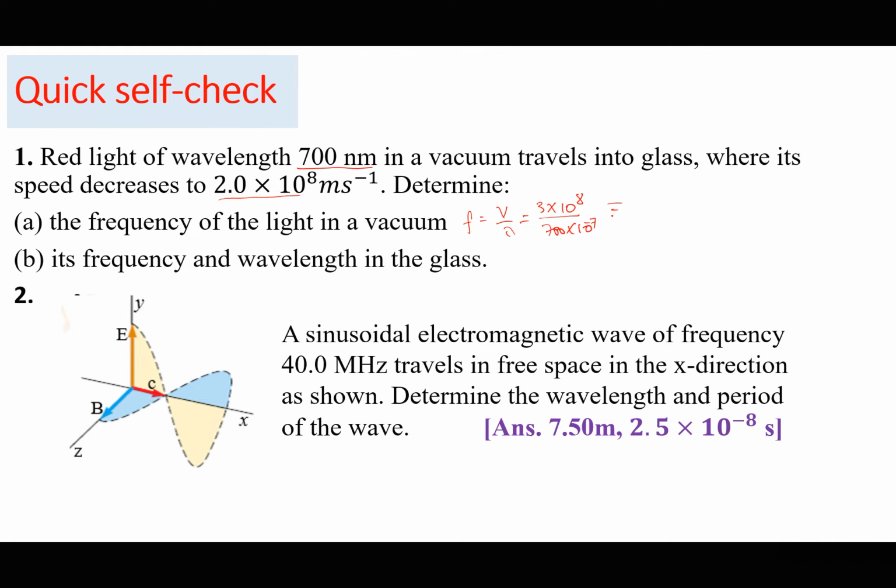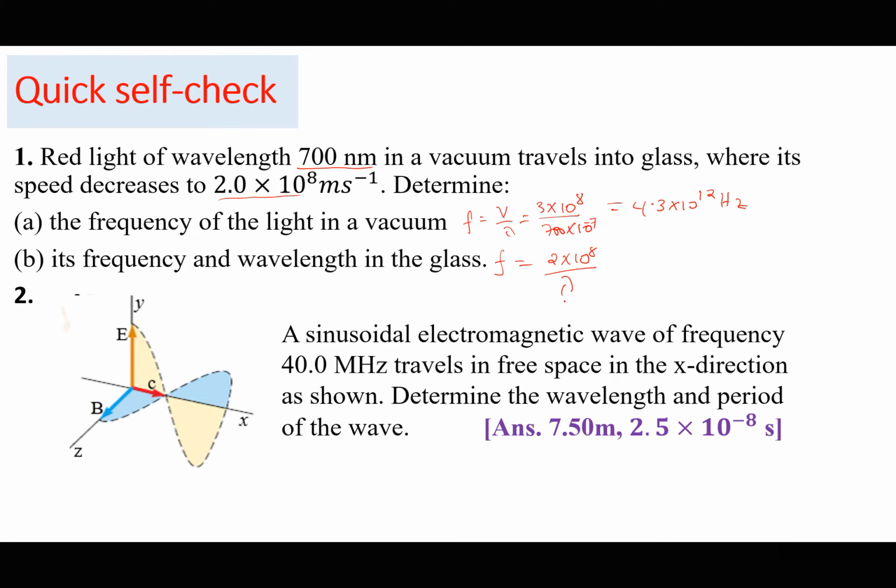So this is going to be 3 exponent 8 divided by 700 exponent minus 9. So the frequency is going to be 4.3 times 10 to the power of 14 hertz. Then the frequency and the wavelength in the glass. So frequency is going to be equal to 2 times 10 to the power of 8 divided by, the speed divided by the wavelength,